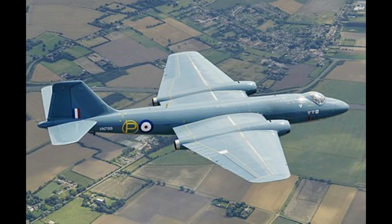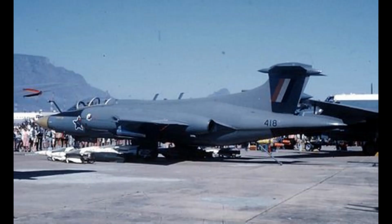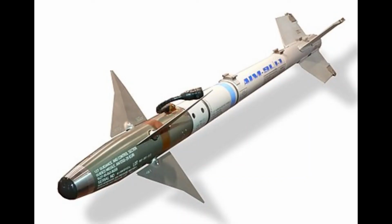The Buccaneer had a vast amount of weaponry available to it. It had 4 underwing hardpoints capable of carrying 12,000 pounds of bombs, and 1 internal rotating bomb bay with a capacity of 4,000 pounds. With a combination of hardpoints and bomb bay, the Buccaneer would be able to carry 4 Matra rocket pods with 18 SNEB 68mm rockets each. For missiles, it would be able to carry AIM-9 Sidewinders for self-defense, or 2 AS-37 Martel missiles, or 4